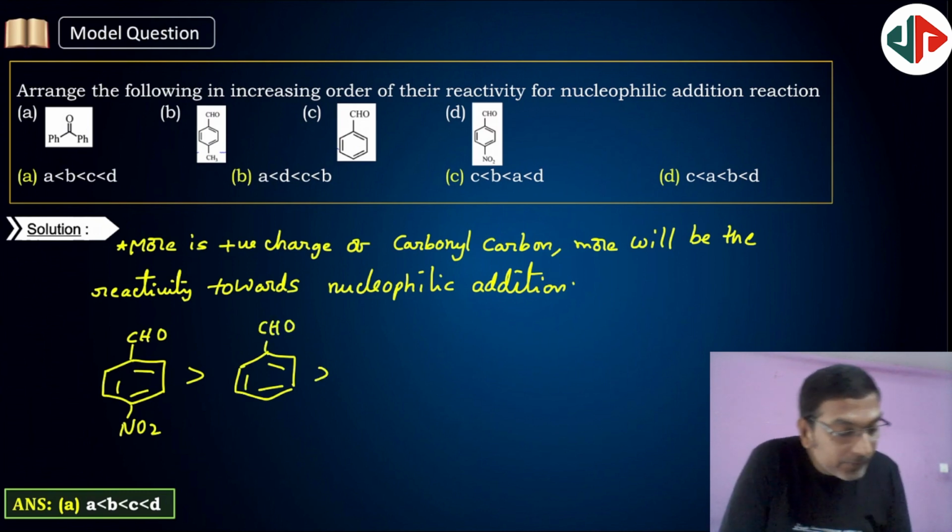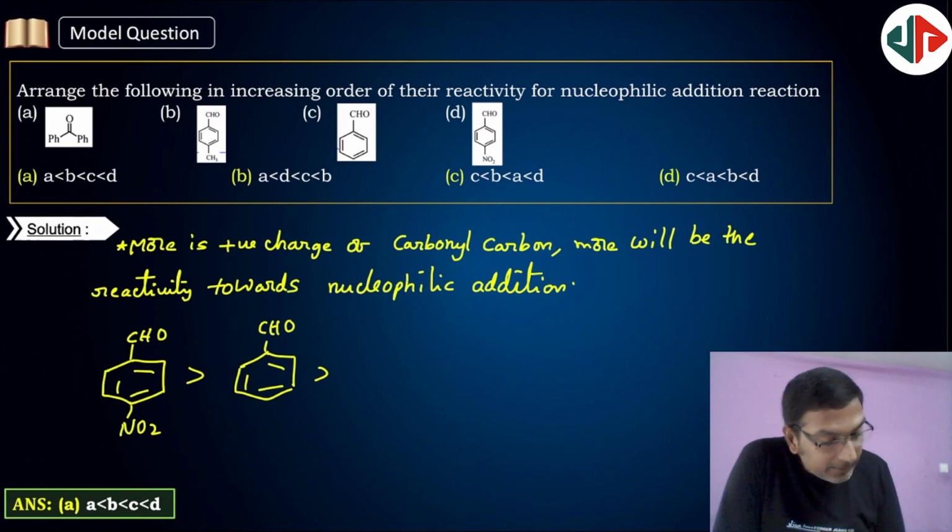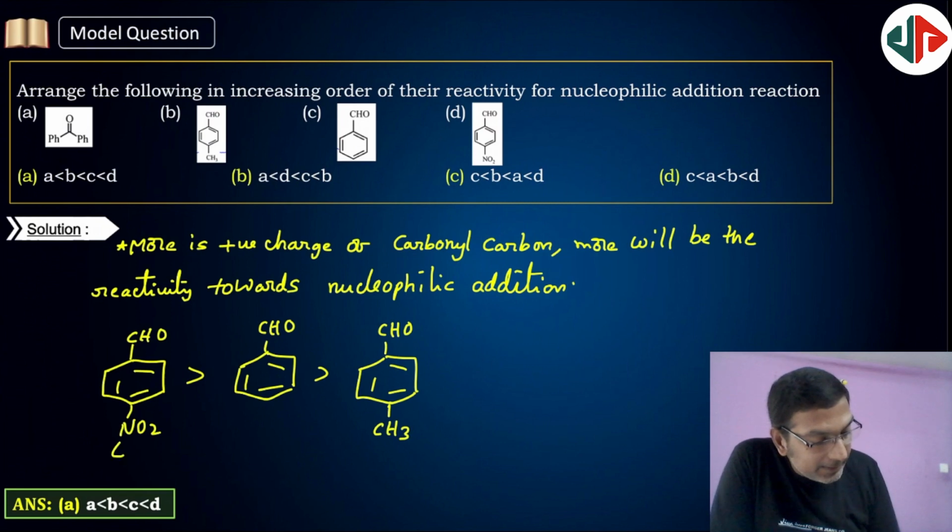Next, after that, CH3, which is an electron donating group. Less positive charge. So electron withdrawing group, then electron donating group, and at last